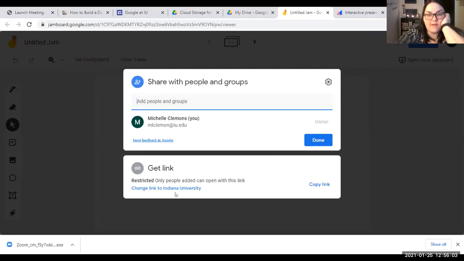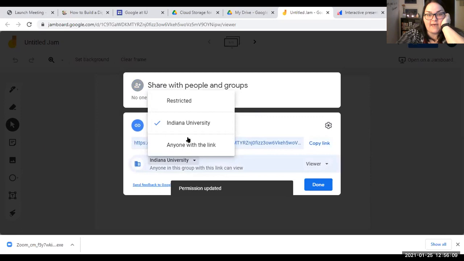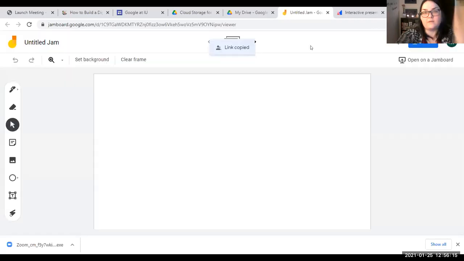So this is what I meant about changing privacy settings. I'm going to change it so that anyone that has the link can access it, since there are people here that aren't from IUPUI and wouldn't be able to access it. And so if you click on that link,